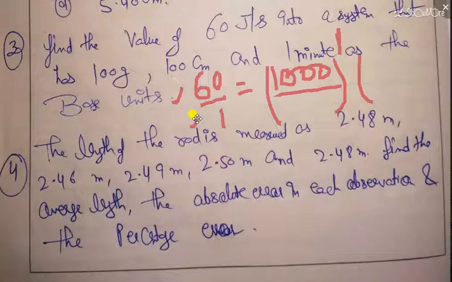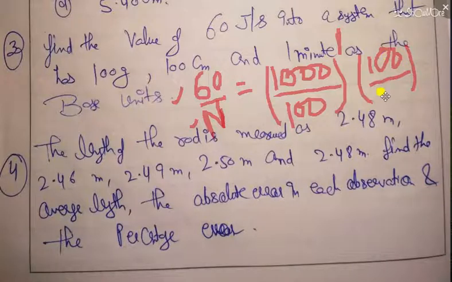In this system we have to find the value. So students, you can simply say, if it is value n, then you have to convert it. So I have taken 1000 as SI, because in the numerator term we are taking SI. So here we will write 100. 100 is the unit of mass in other system. Now we have L value. L is 1 meter in SI system, so I am writing 100 centimeter here.